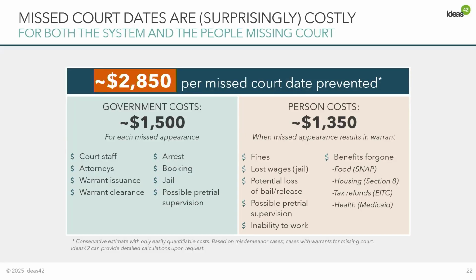All right. So, as Isabel shared, text reminders are a really impactful solution to missed court dates, but they're underused. So I just want to underline why that's such a huge missed opportunity for courts by putting some numbers on it. Every missed court date drains money, resources, and staff time from everyone involved. We conservatively estimate that each missed court date costs the government $1,500. That includes cost to courts, but also to law enforcement and to jails. Everyone is negatively impacted by this.